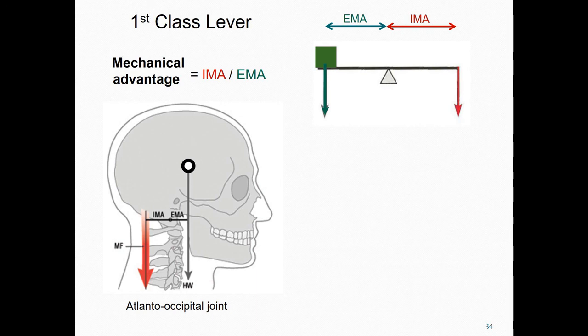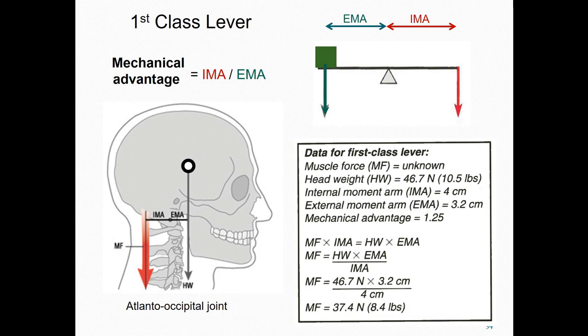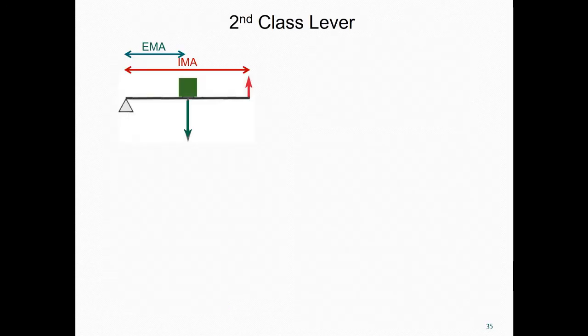We can see in this data box, which also appears in the textbook, that the mechanical advantage is calculated to be 1.25. We can also see in this data box how we can estimate the muscle force that must be generated to keep the head upright. In a second-class lever, both the external force and the internal force are on the same